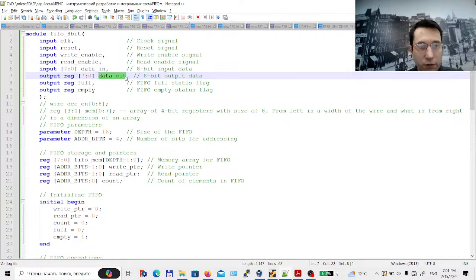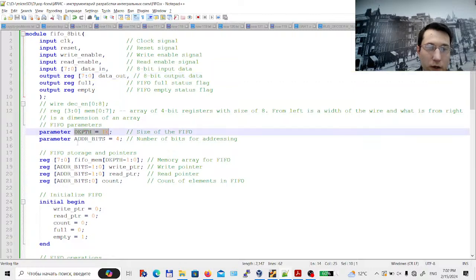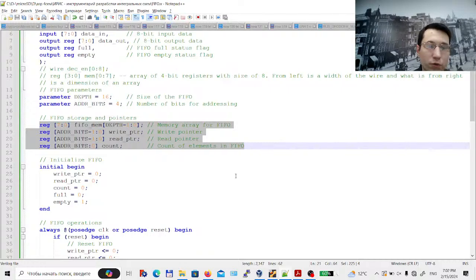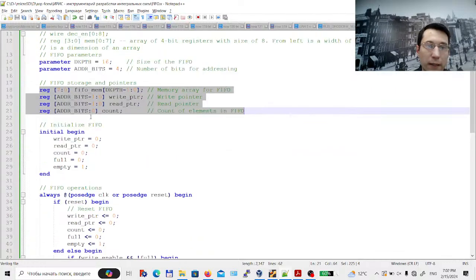And the size of this array equals 1, obviously. From the left is the width of the wire, and from the right we have the dimension of an array. We can define additional parameters such as the size of the FIFO and the number of bits for addressing. Additionally, for this example we have registers, which is quite more interesting because we have the following expression: